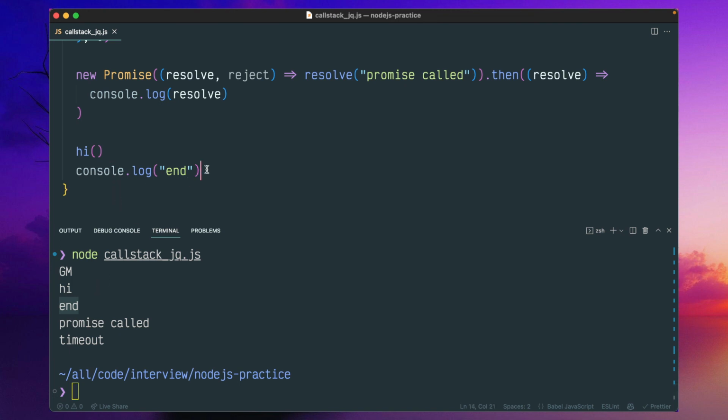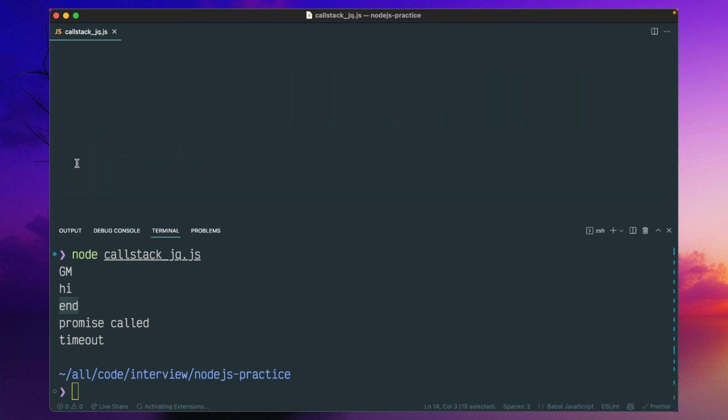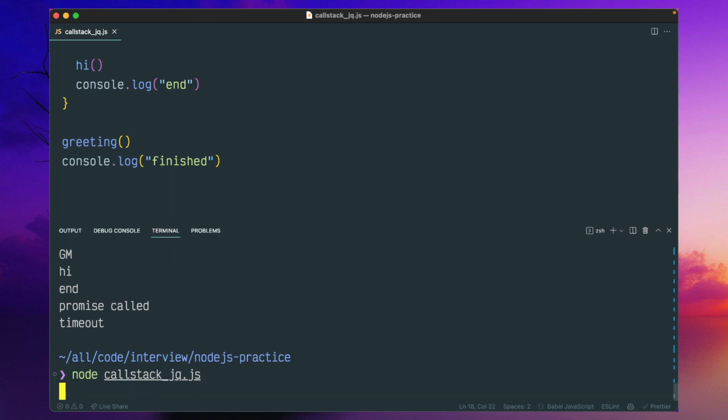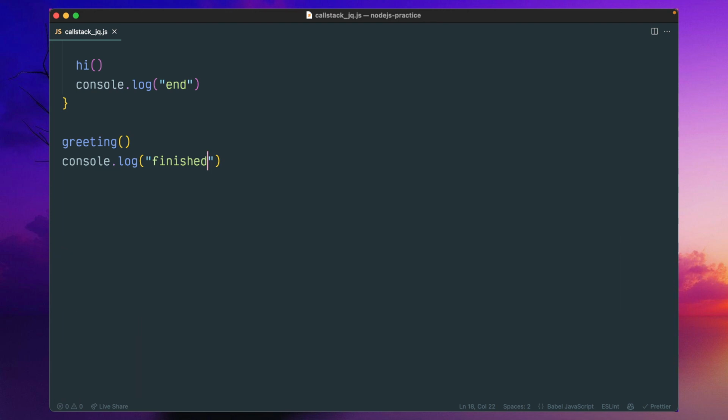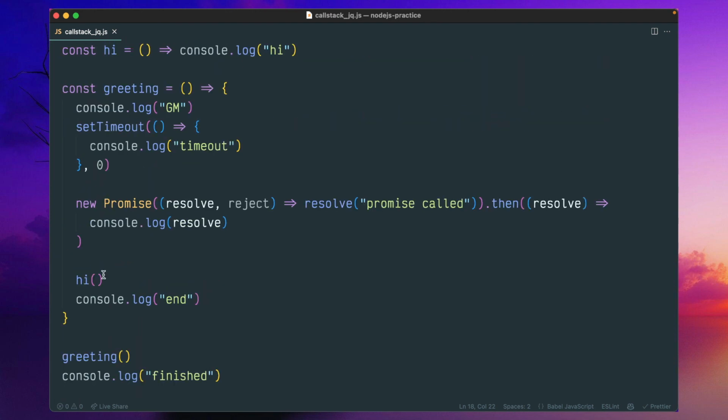And if you try to put some more console log into the main entry point, I finish. This is also part of the call stack. So this finish will take the priority. See this finish, then the promise call and the timeout. So even though, let's say, you put a promise in the end,